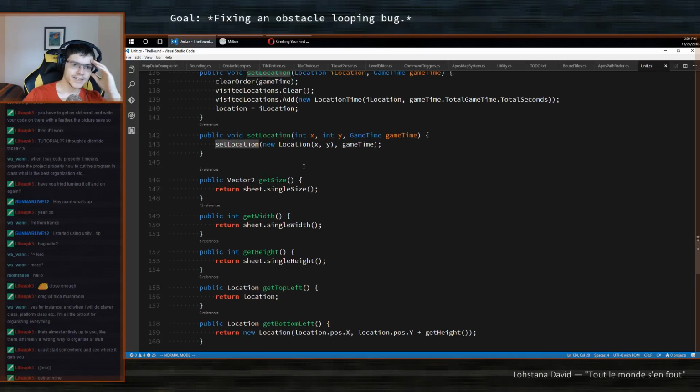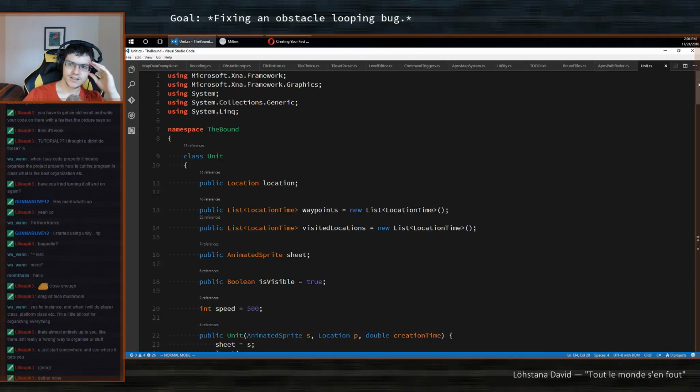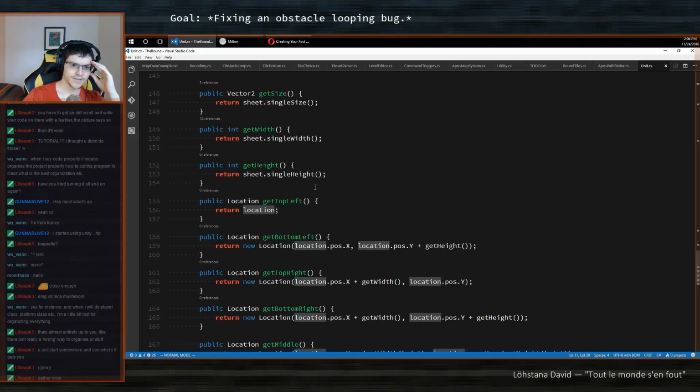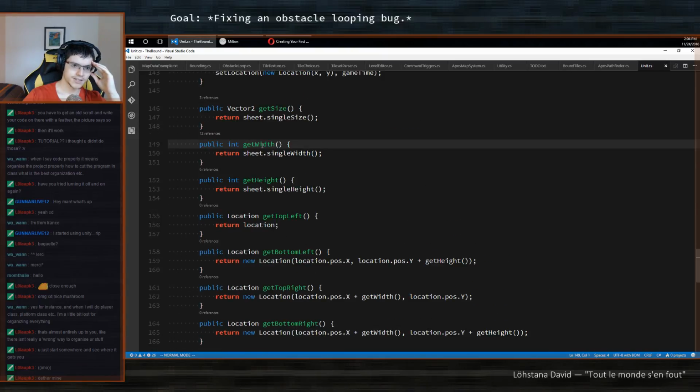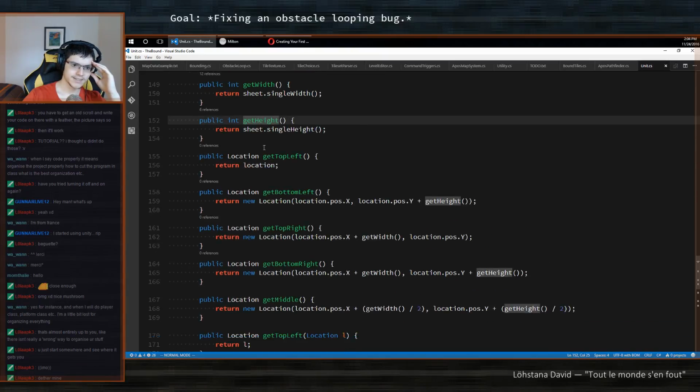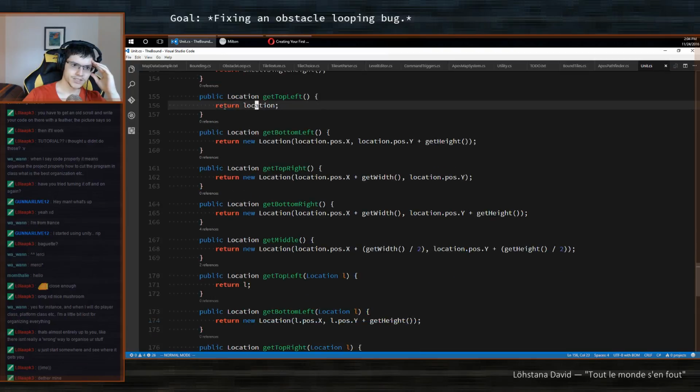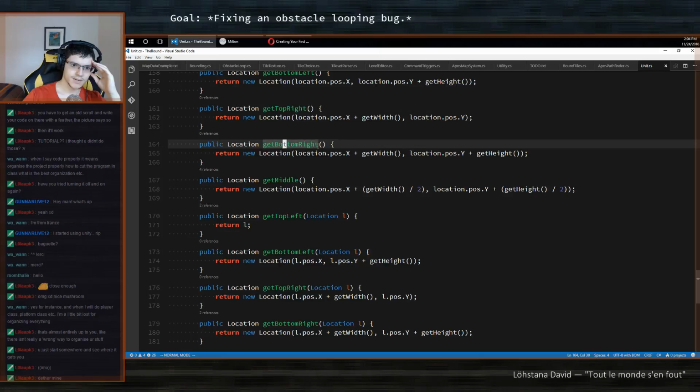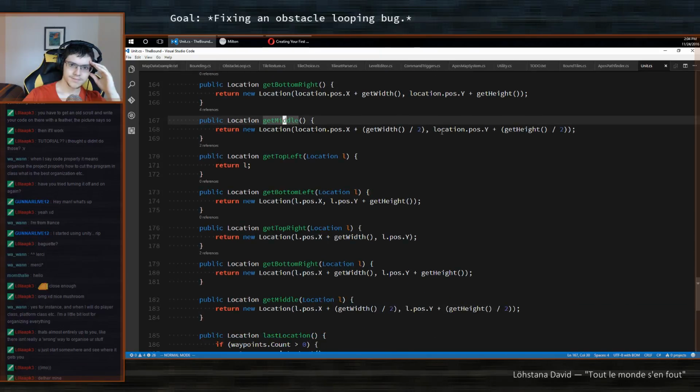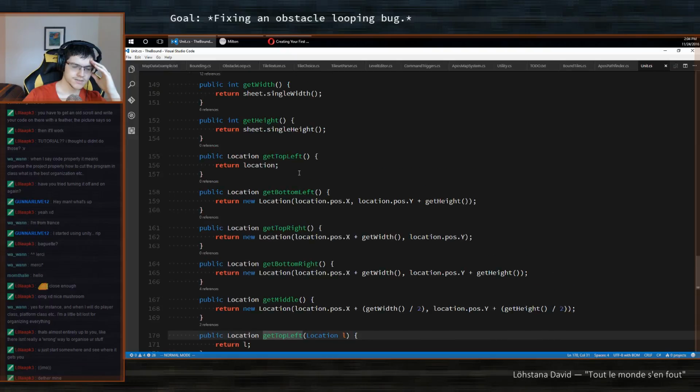And for me, the location is in the top left. So then I have different utility functions like get width, get height, get the top left, which is just the location, get bottom, get top, get bottom right, get middle, get top left. Interesting.